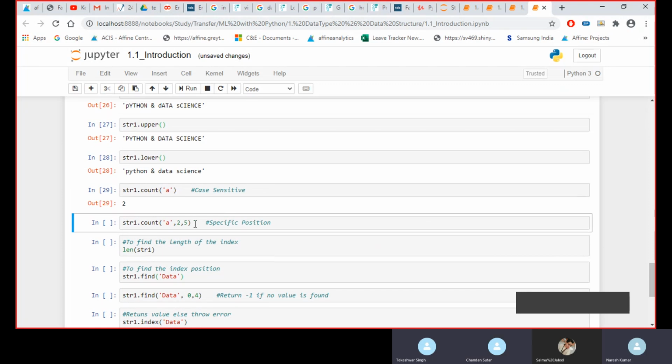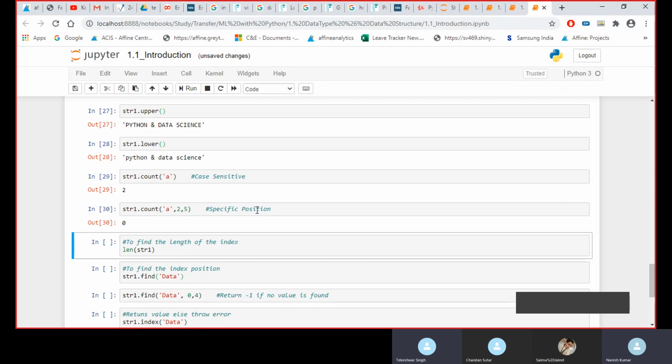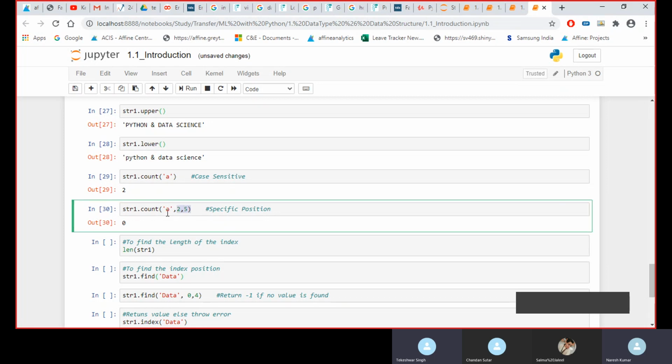If you want a specific position for the count, you can also do that. You pass the alphabet that you want to count, give the starting position and the ending position. Between these two positions, any number of times this a has repeated, it would give you the output. Here, between these two positions, you did not get any a.